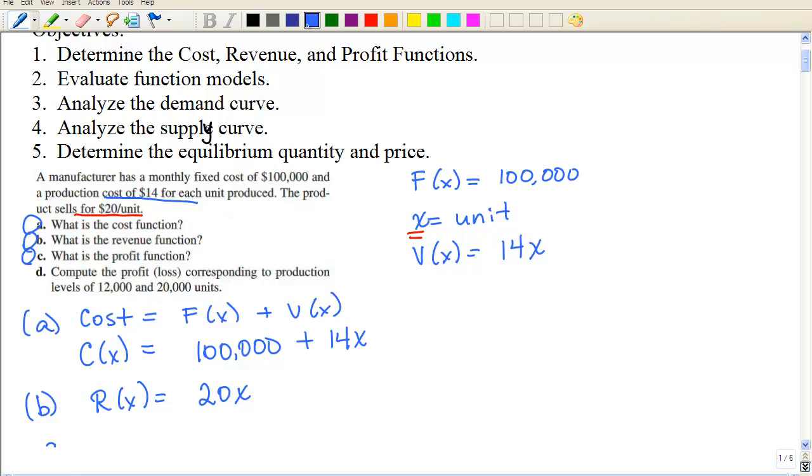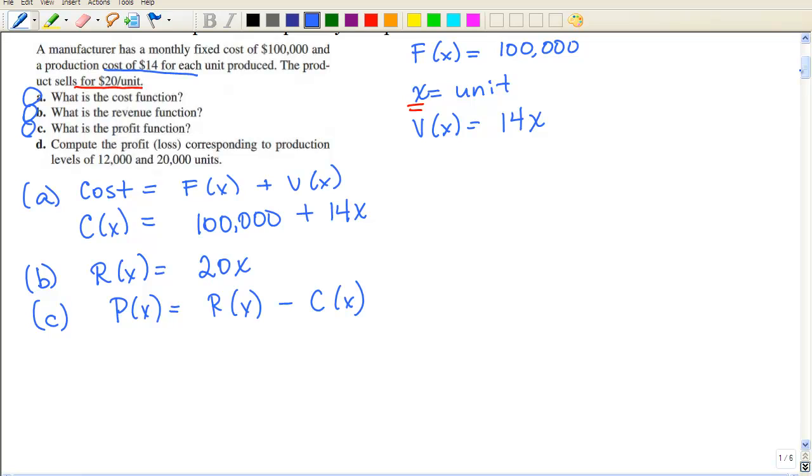And then when you're running a business, the bottom line is profit. How do you make money? Profit is going to be your revenue function, how much money you bring in, minus your cost function, how much money you spent. So you could see that it could possibly be negative, meaning that you could lose money. So profit could also be a loss. So the profit function in this case would be 20x minus your cost function, and I would be careful about putting those parentheses. So I'm going to distribute, so 20x minus 14x would be 6x